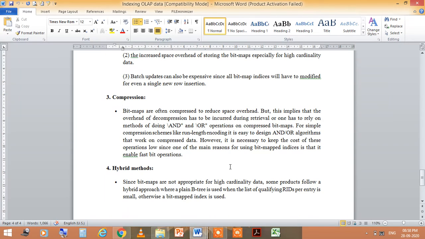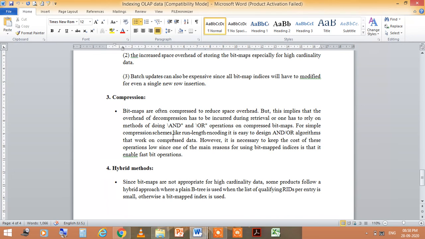Third one is compression. Bitmaps are often compressed to reduce space overhead, but this implies that the overhead of decompression has to be incurred during retrieval, or one has to rely on doing AND and OR operations on the compressed bitmaps. For simple compression schemes like run length encoding, it is easy to design AND and OR algorithms that work on compressed data.